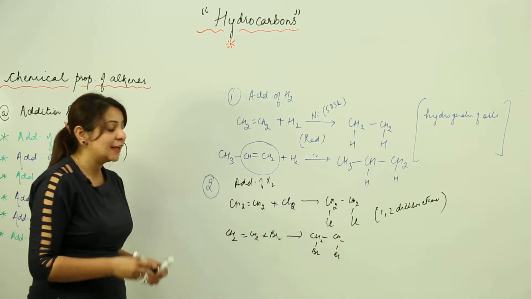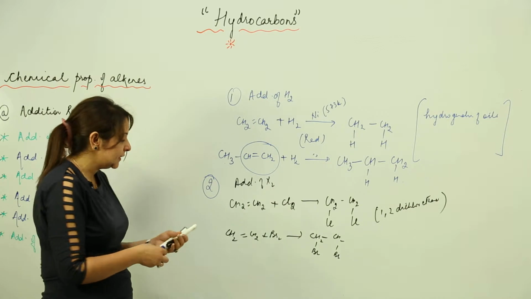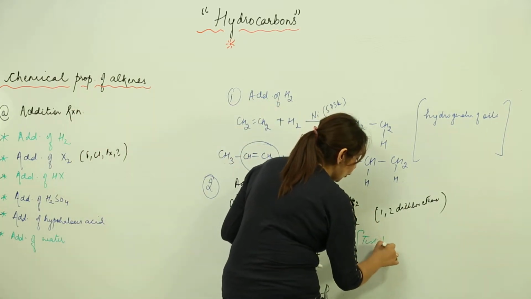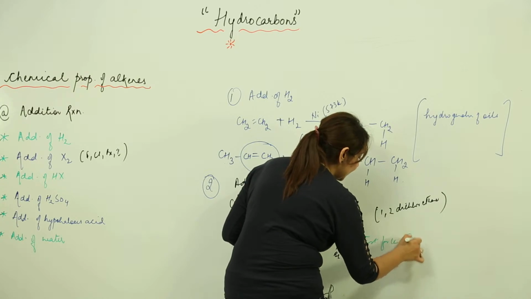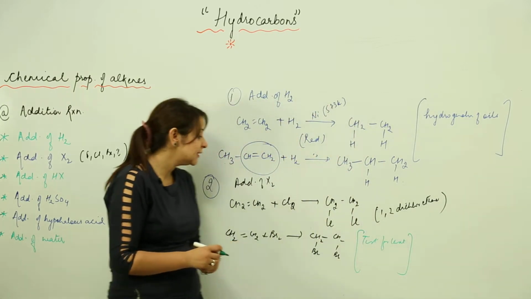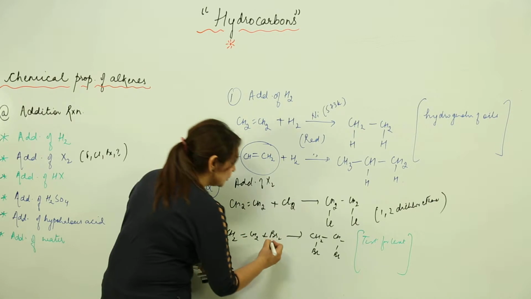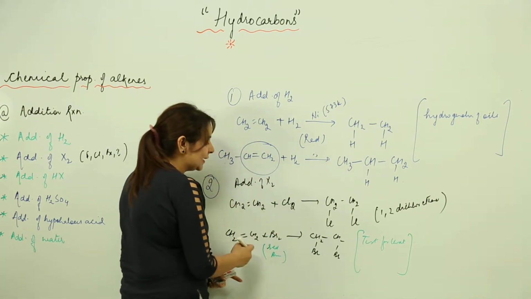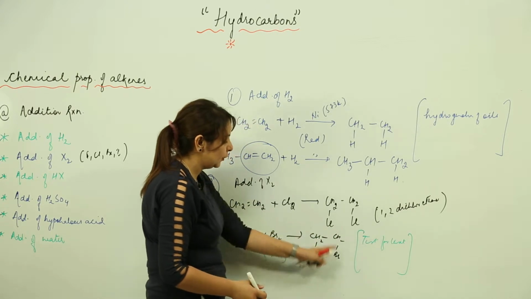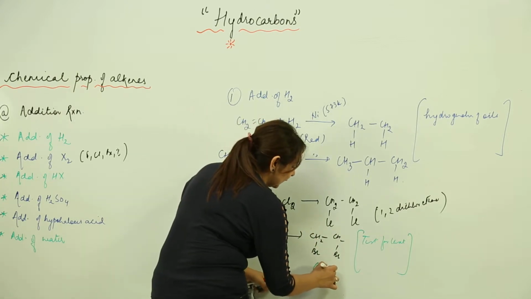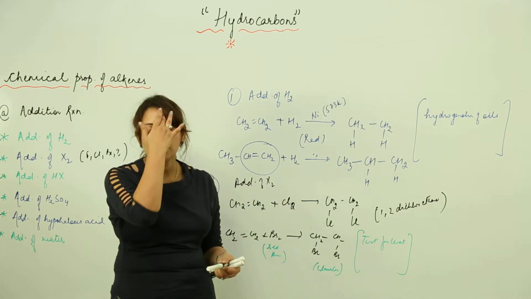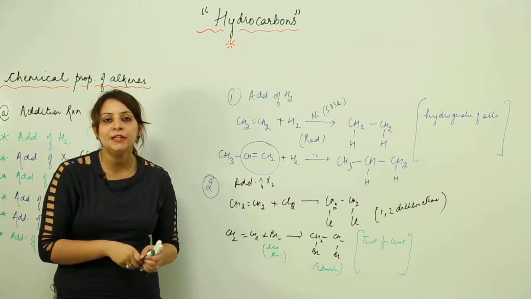Now this reaction actually serves a certain purpose. This reaction is a test for unsaturation, because the bromine which we use is reddish brown in color, but when it gets attached, the product is colorless. So whenever somebody gives you an organic compound and asks you to identify it as an alkene or alkyne,